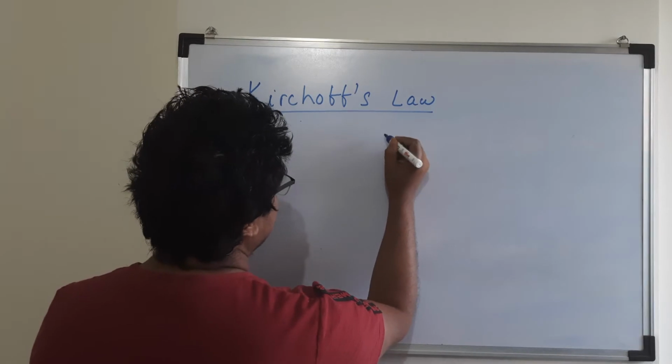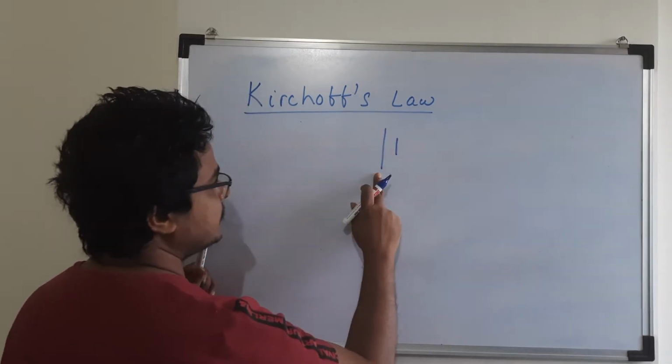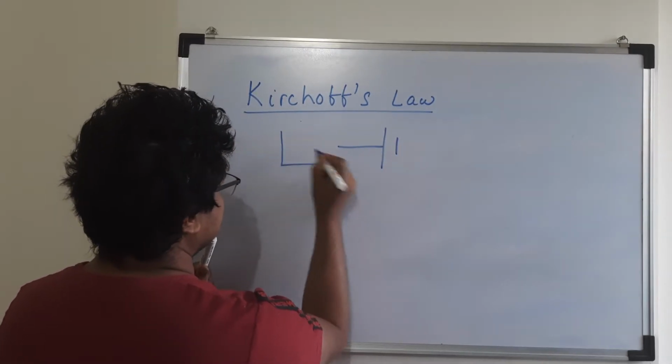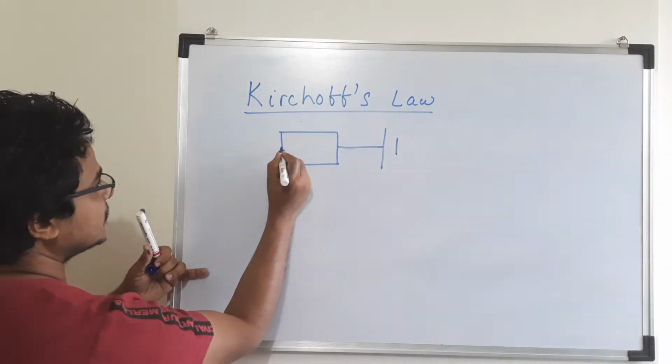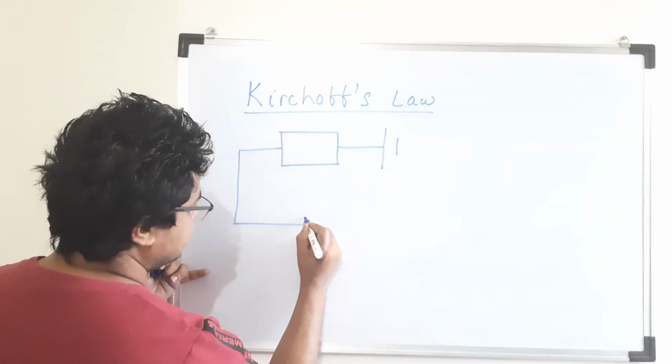For example, okay, let me draw this way. Cell, positive terminal, negative terminal, okay, and then some random resistor, circuit symbol of a resistor you can see here. Now let us draw this way, and then I will connect to some random